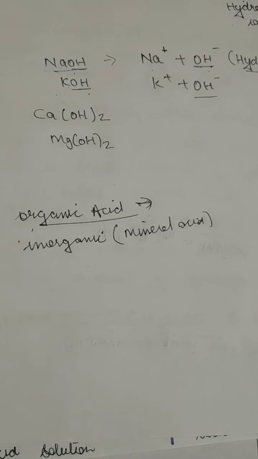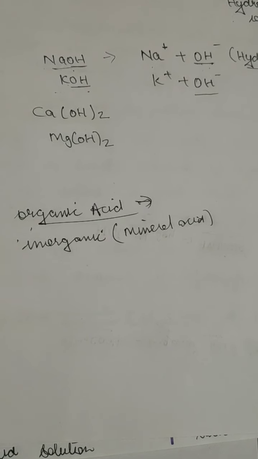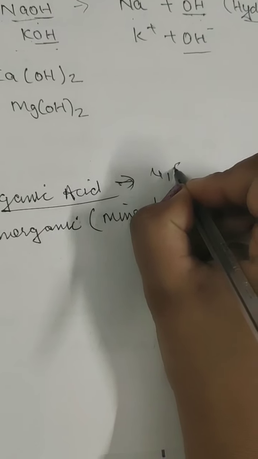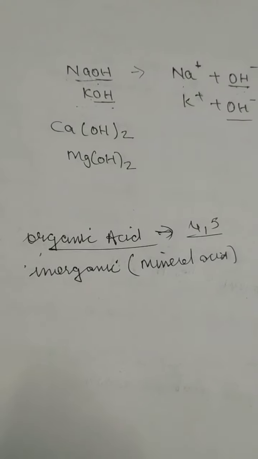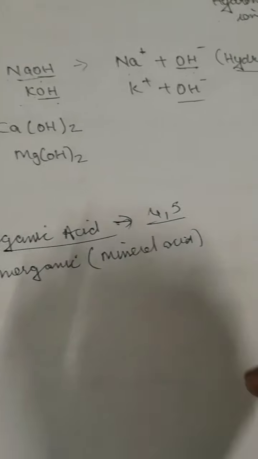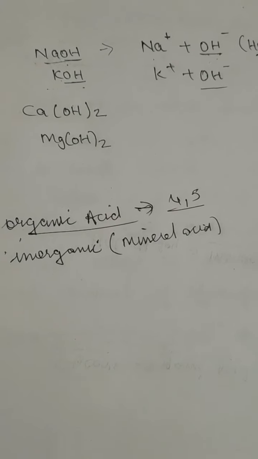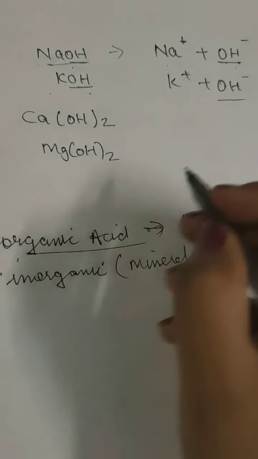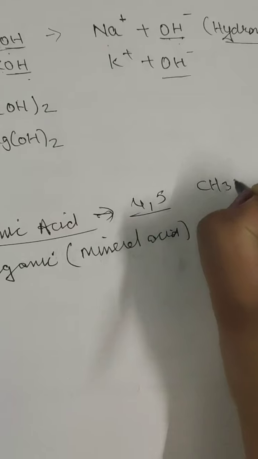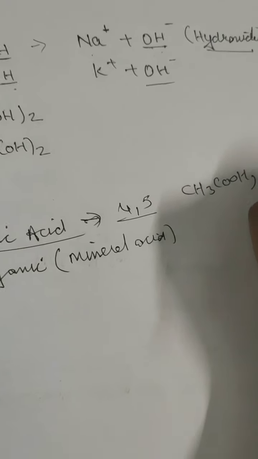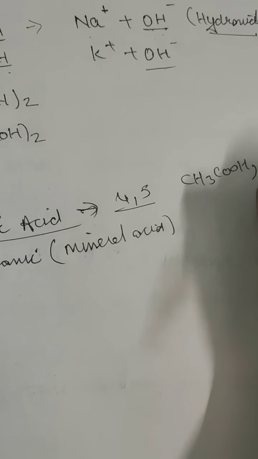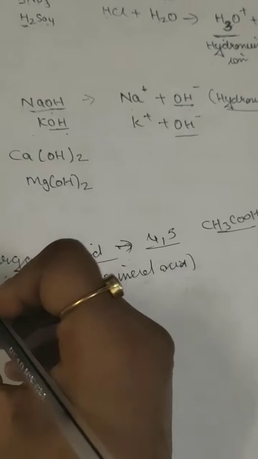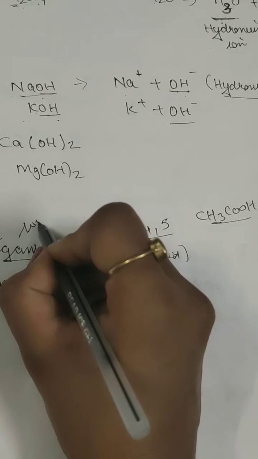They are not very strong acids. They are a little corrosive but not harmful, which means they have a pH value of 4 or 5. So we can consume them, like lemon juice. Even acetic acid, which we commonly call vinegar. All these are organic acids, like CH3COOH, acetic acid, or formic acid, HCOOH. So these are the acids which are called organic acids. Organic acids are also called weak acids.